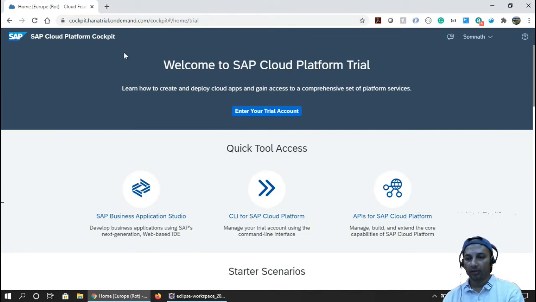Perfect. So here you see that the Web IDE option is no longer available, right? SAP has Business Application Studio, which is a powerful, next generation Web IDE, a web based IDE. To me it looks like Visual Studio Code, but it's a web version. Anyway, a lot of features are put into this tool.